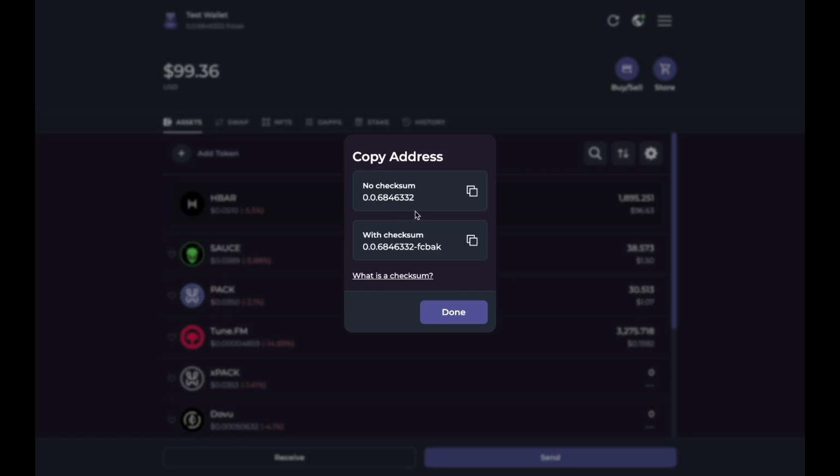The no checksum, which has the numeric part of my address, and the with checksum, which has the numeric part plus a few letters. So this is just an extra layer of verification, so that if you are sending tokens, you could just stop to verify, make sure that you're sending to the right address. Because if you mess up a digit, you could send the tokens to the wrong address.